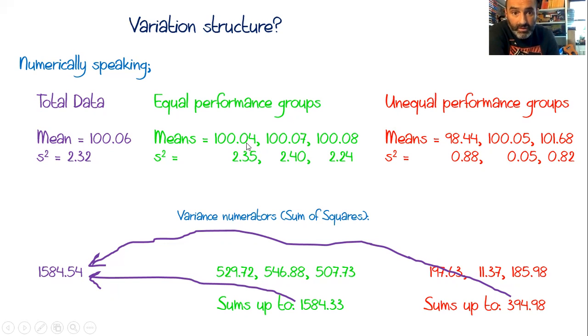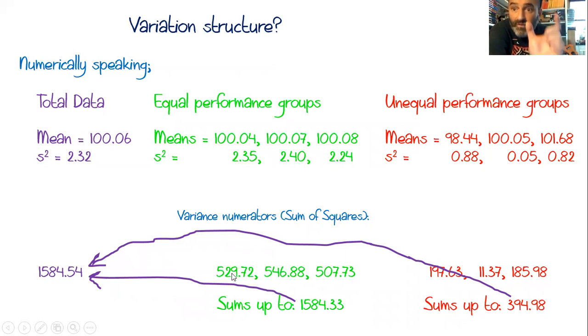Do this for machine 1: 235, 220 something, 220 something, or 230, thereabouts. Multiply those with the sample size minus 1 values, and then you get the numerators. You could see that the numerator is 529 something, 546 something, 507 something. They're close to each other, but I don't care about closeness. If you sum these three up,